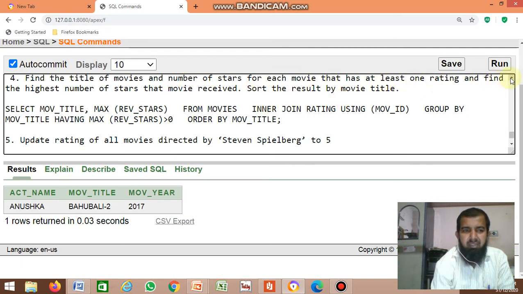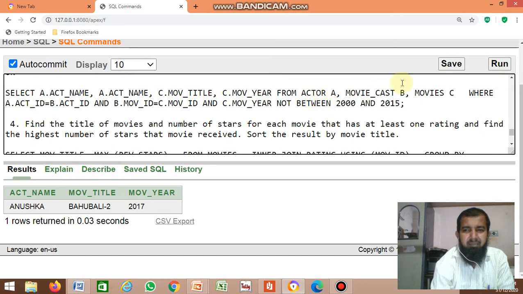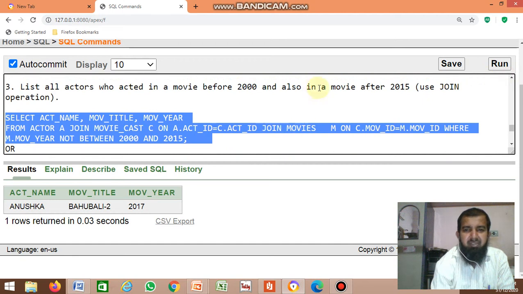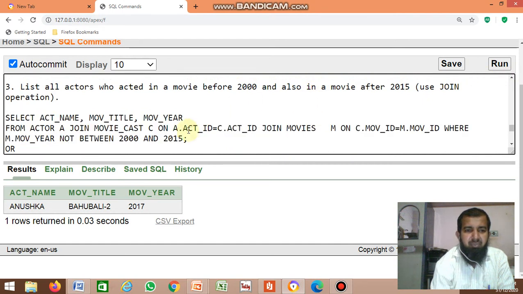For the third question you can do one more method, but in the question they clearly mention you have to use the join operator. So that's why you have to use the join operator.